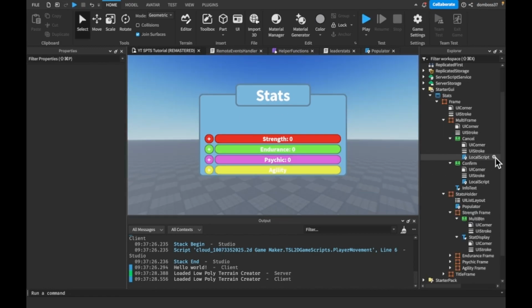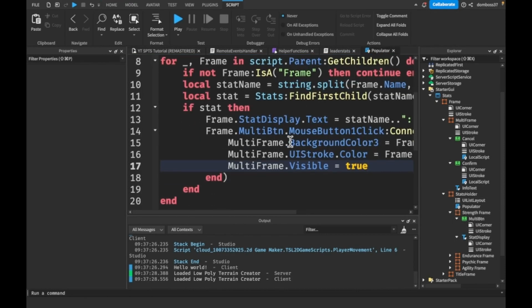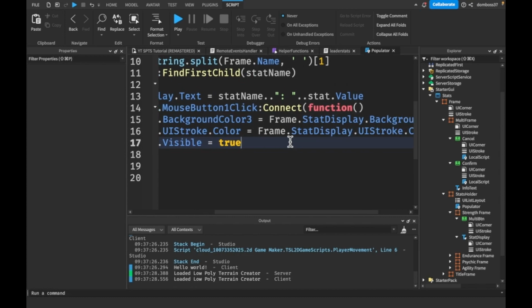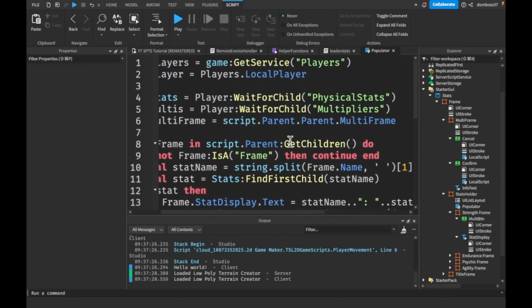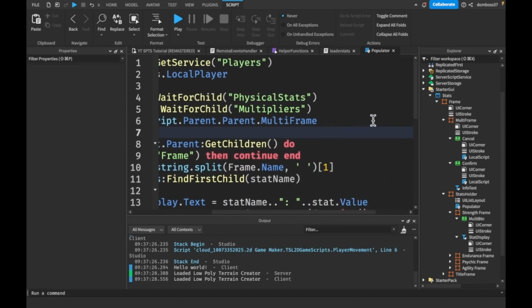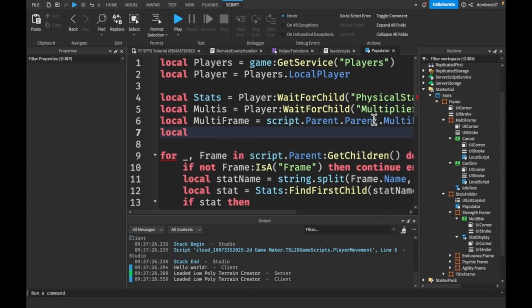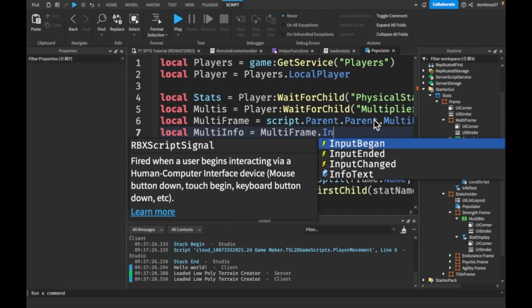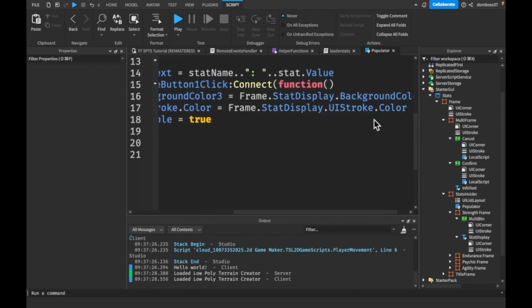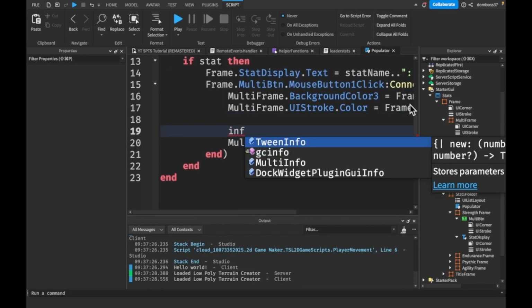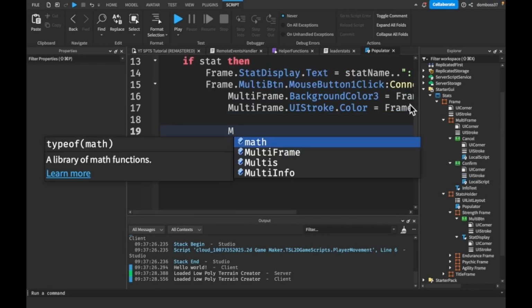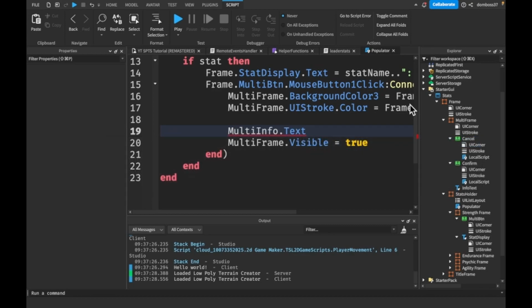Okay, so basically the way we're going to do this is we're going to go into our populator, and in here we're going to get a couple of things. So first thing we want is the info text: local multi info is equal to multiframe.infotext. And then down here, before we make it visible, we want to say that the multi info.text